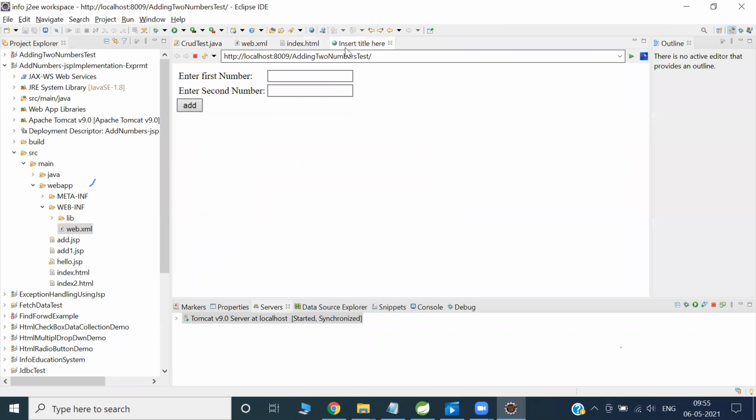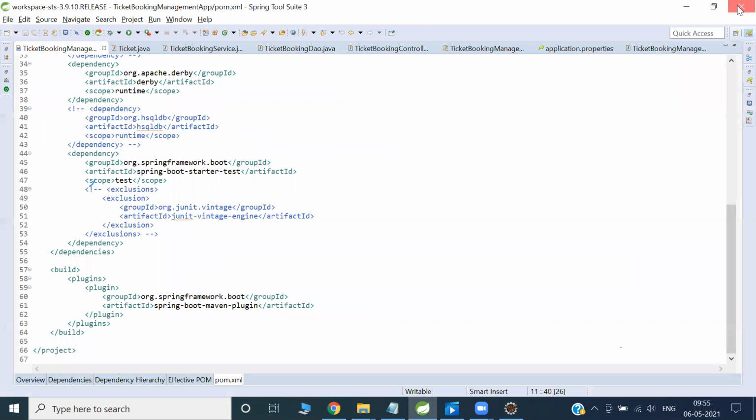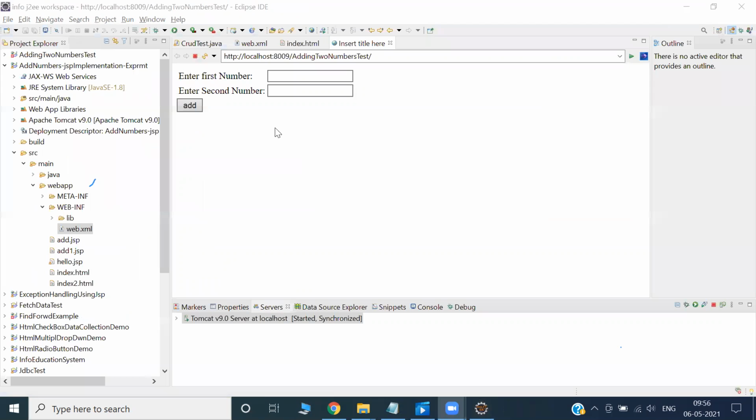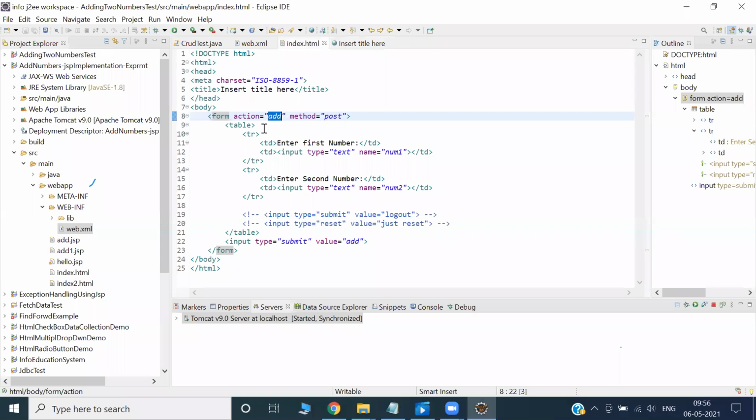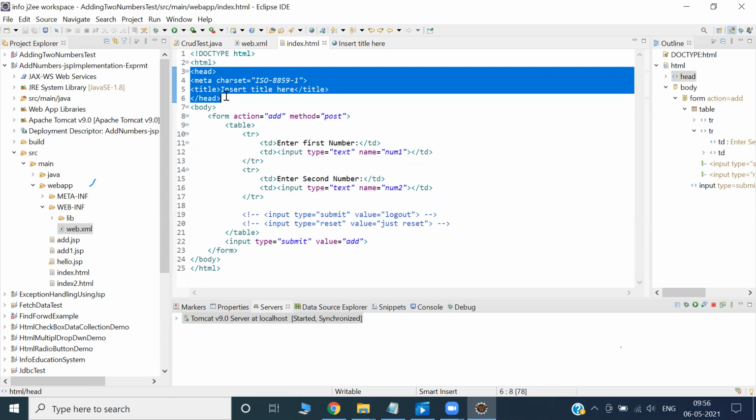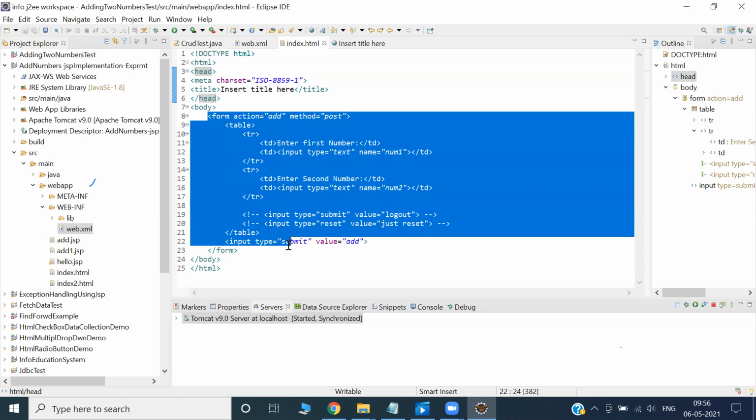If you understand this one, let me close this one. Here, everyone just try to understand. This is our HTML. HTML tags start with html and close with html. Inside HTML, there is a head, the header. Inside the header, you can put some title and all. It is not mandatory. You can remove this one. That is your choice. But whatever logic you write, you should write inside the body.